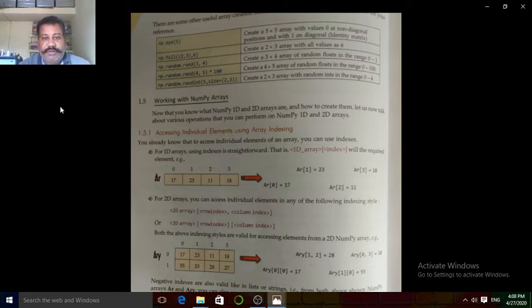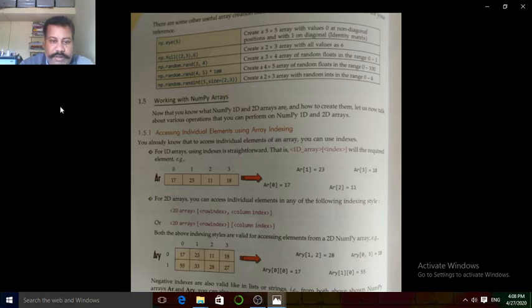Let us suppose there are elements existing in an array whose name is AR, that is like 17, 23, 11 and 18. So at the 0th position the element should be 17. We can read here AR0 is equal to 17, AR1 is equal to 23, AR3 is equal to, and so on and so forth.